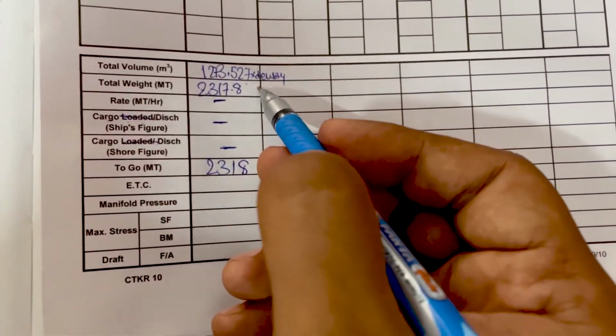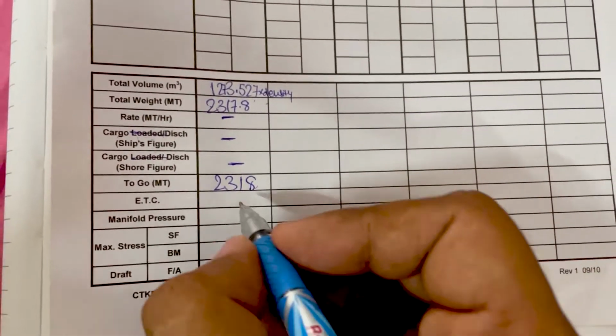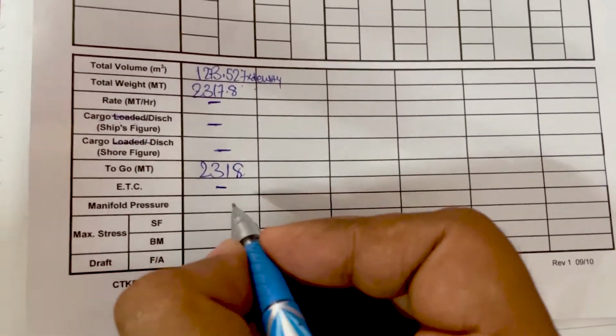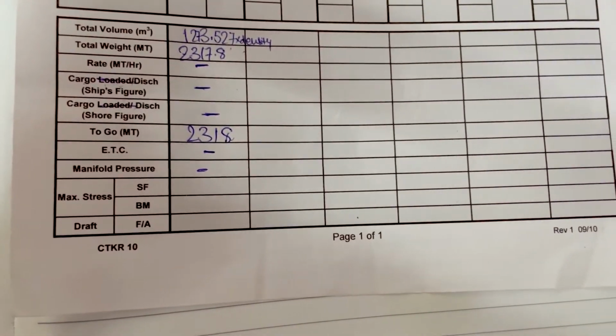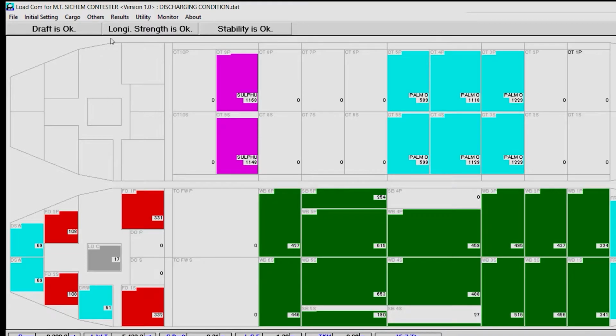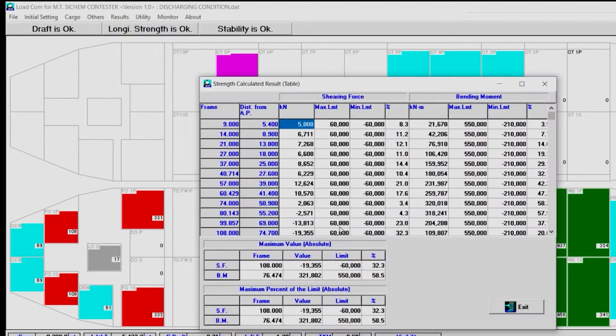I will just round off this one. ETC, we do not have any ETC. Manifold pressure, we do not have. Now SF and BM. Now again what we have to do is go to this Loadicator, go to results, strength